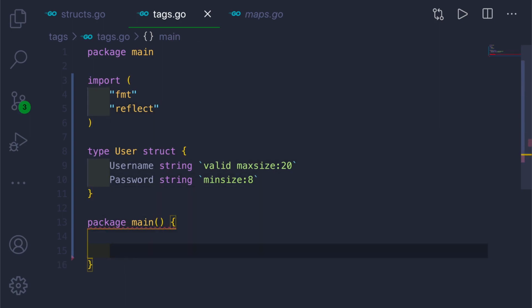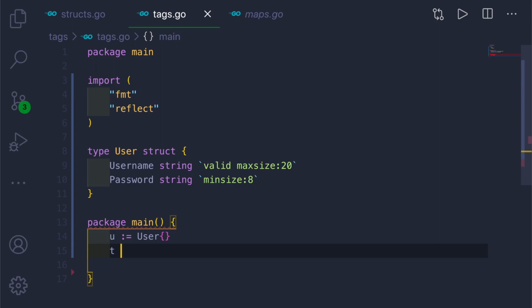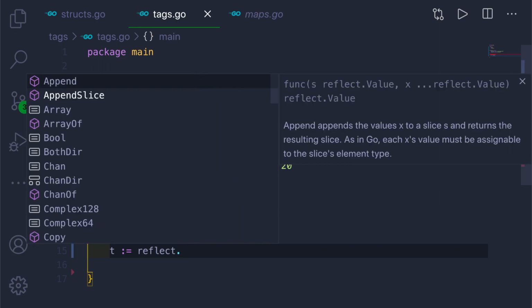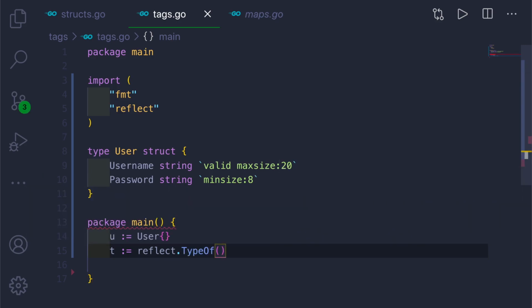First we'll create an instance of the struct user. We'll name it u colon equal to, we'll call the user, and we'll create an empty instance. Then we'll create a variable for the tag. So t colon equal to, we'll call the reflect package. From the reflect package we'll call one function called TypeOf, and this function will take the structure object, that is u.